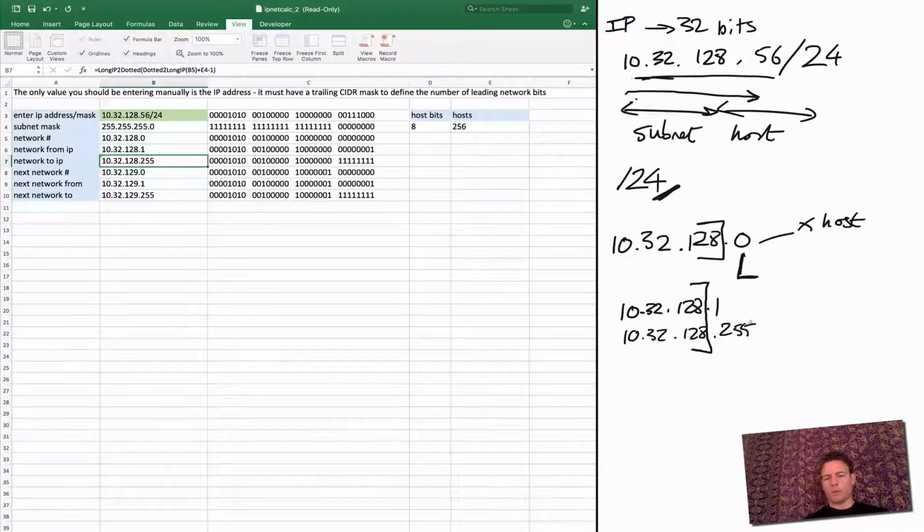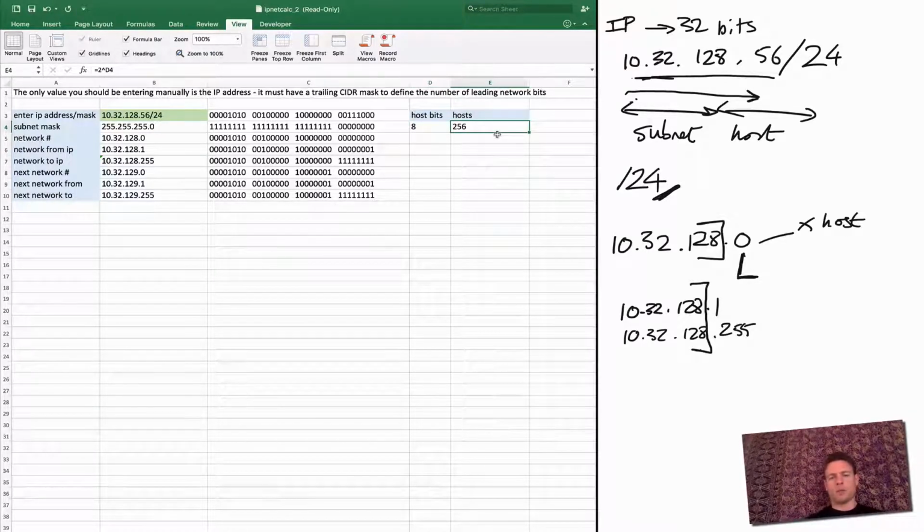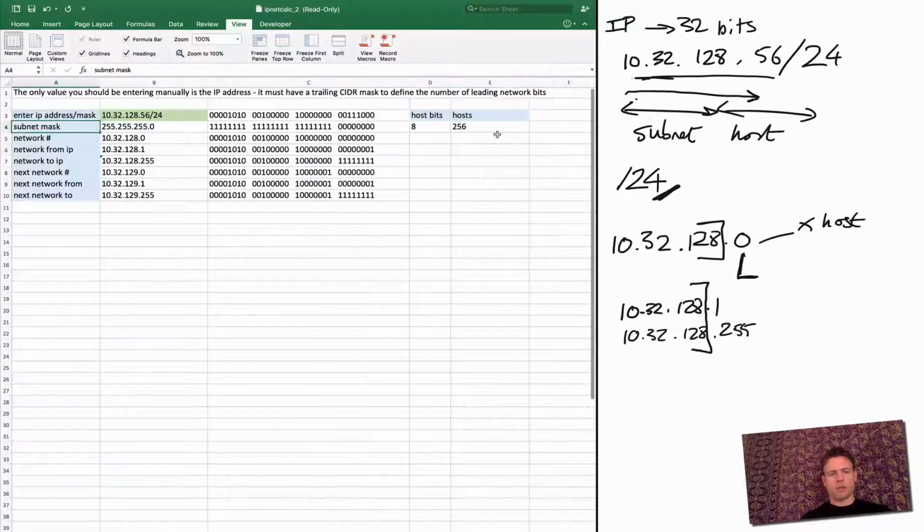So really, what we've got is 255 different IP addresses, which are just the remaining bits of the last octet. So the first 3 octets are completely fixed, right? Up to this point, it's fixed. But over here, we can also see it calculates from the /24 that there are 8 host bits defining the actual number of hosts on our network, which gives us a total of 256. It should be 255 if we subtract the network number. So we know there are 256 addresses on this particular subnet,